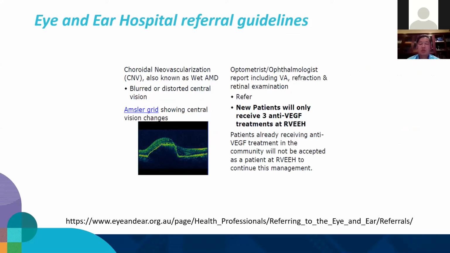For wet macular degeneration, again, you need a report. Now, because these injections are all ongoing, the eye hospital has basically said that, listen, we are happy to see them. We will only give the first 3 injections for any new patients. Then the patient has to find their local community ophthalmologist to continue their treatment. If they are already receiving treatment outside and want to come to the eye hospital, sorry, I won't accept them. Why? Because basically they do not have the resources to treat all the patients with wet macular degeneration.